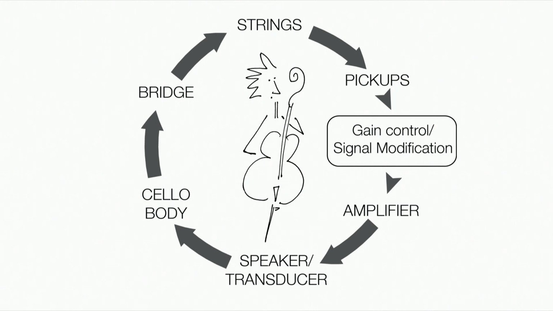The pickups pick up the vibrations of the strings, they're amplified, it makes the transducer vibrate, that vibrates the cello body, that goes up through the bridge and it vibrates the strings, and so on and so forth. So we get this self-resonating system. And it's very much like all the stuff that the LuCeRNEM people